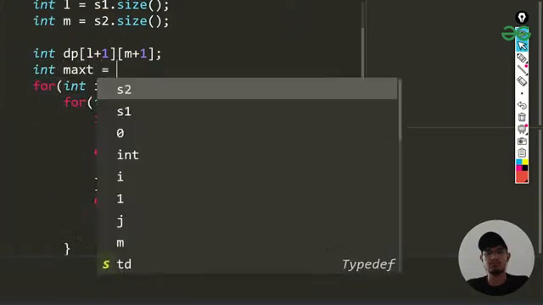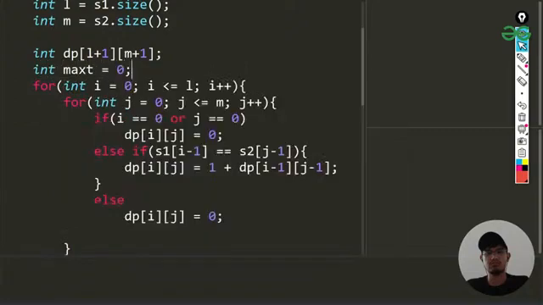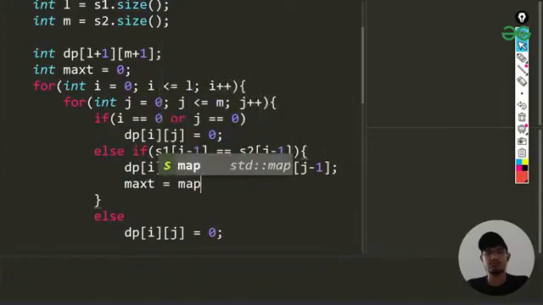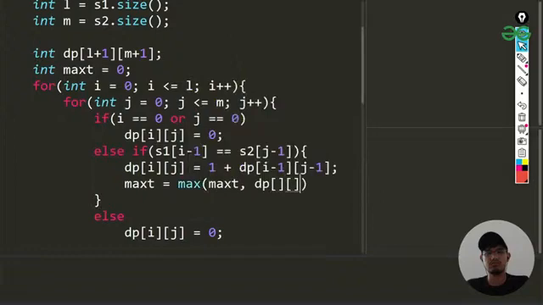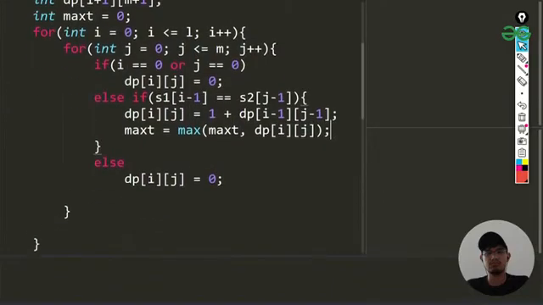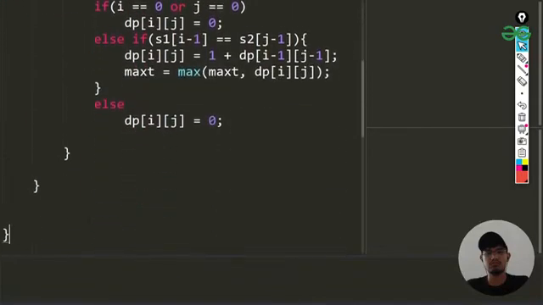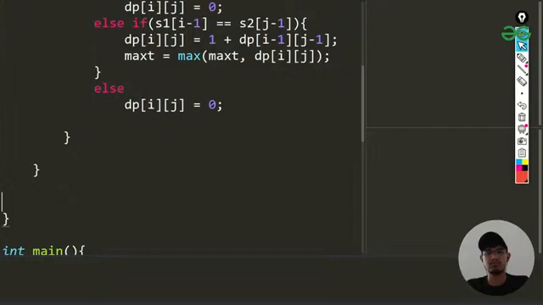So I'll make a variable, I'm just calling it maxt, and whenever I'm adding a new element, I'll keep a note of that and update it: maxt equals max of maxt and dp of i, j. Once we are done, we'll just be returning our maxt, because that will be holding the maximum up to that point.